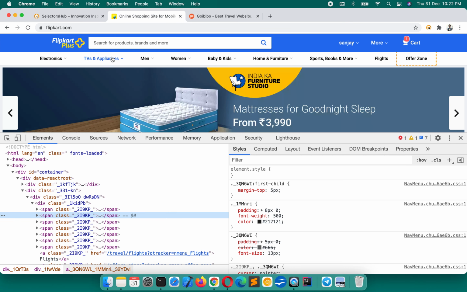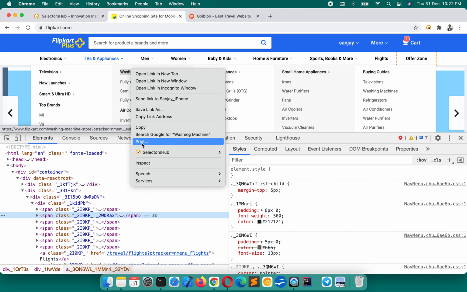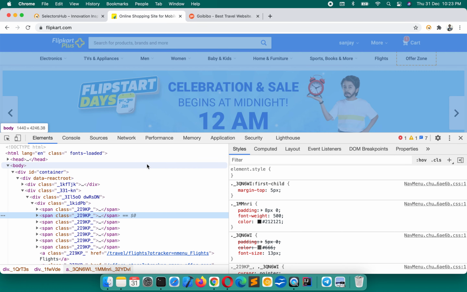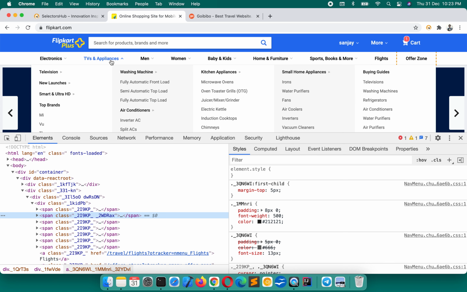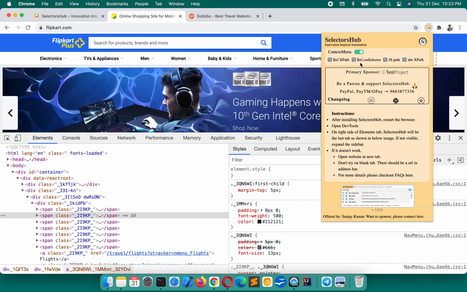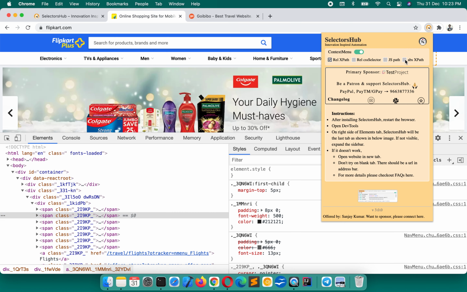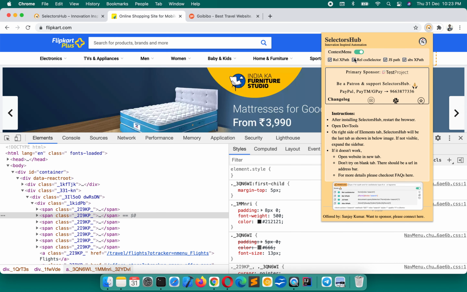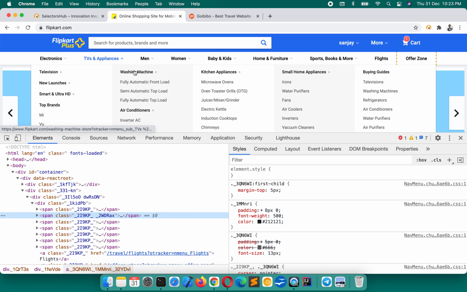Next one, in this case when you right click and inspect, it disappears. This is tough. Here SelectorsHub is really a lifesaver and helps in two possible ways. One is right click and you directly copy the XPath value or any of the selector values. By default you will not find all these values here, only relative XPath will be there. You can check the values you want to see here, which are unchecked by default. Anyway, right click and you can copy this relative XPath.